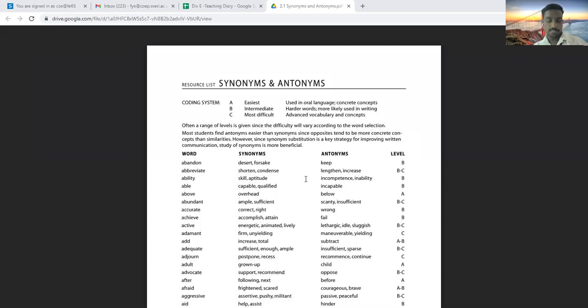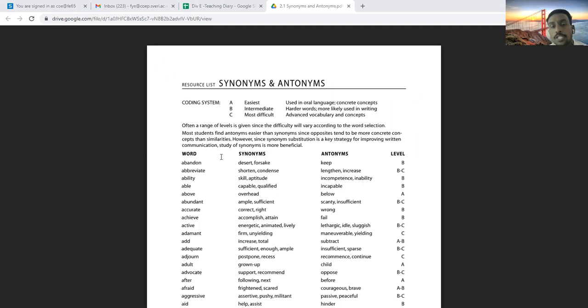And now don't expect very simple words like come and go, hot and cold, and pass and fail, something like this. But as you people are going to appear for maybe GATE exams, maybe MPSC, UPSC exams or SSC exams, anywhere in your career, sometimes for aptitude also, there are some questions based on synonyms and antonyms. So you people have to refer to this list of words which is given here, and accordingly you people have to prepare. Okay.